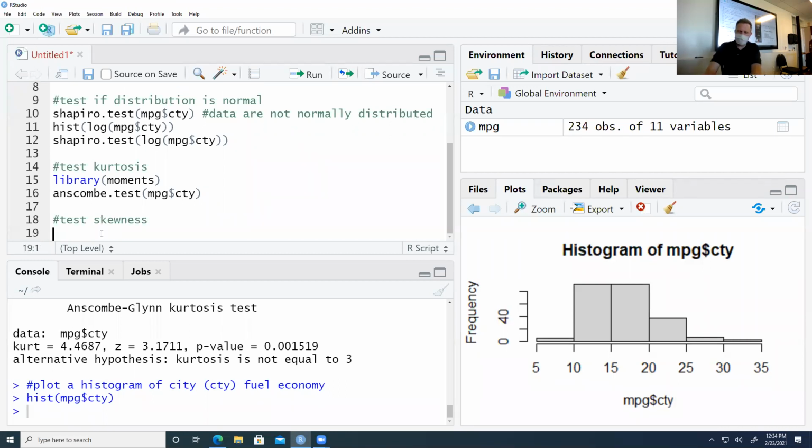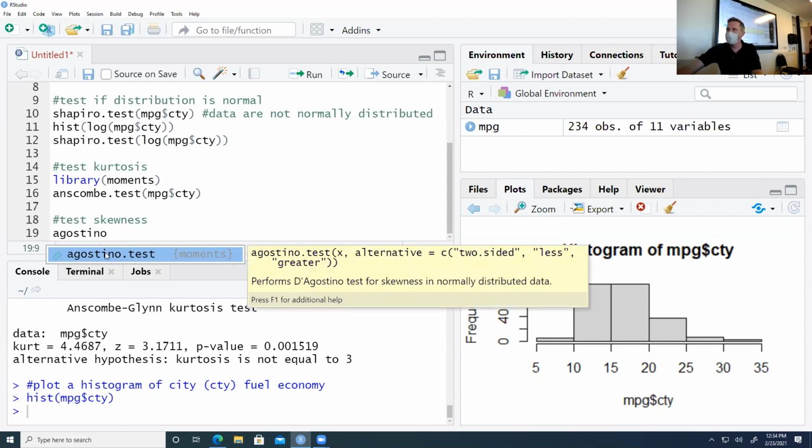And this test is the D'Agostino test, and this is from the same... let me move this out of the way. The D'Agostino test for skewness in normally distributed data. I see the confusion in the description there. What it's doing is testing whether or not your data follow a normal distribution. So it'll create a normal distribution, it'll compare yours to that, and you can ask whether or not the data are skewed. Okay, so we click on that,